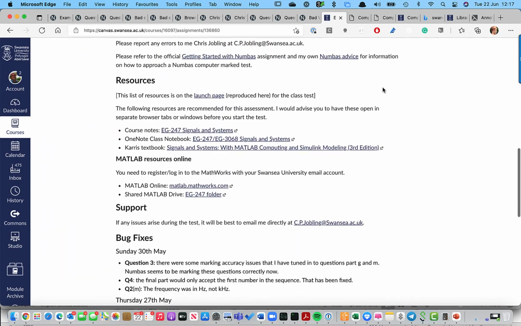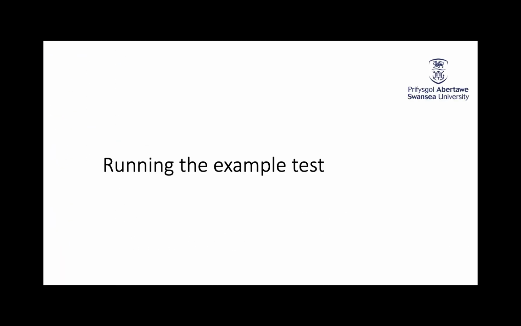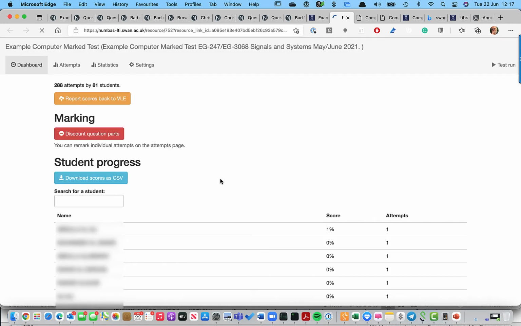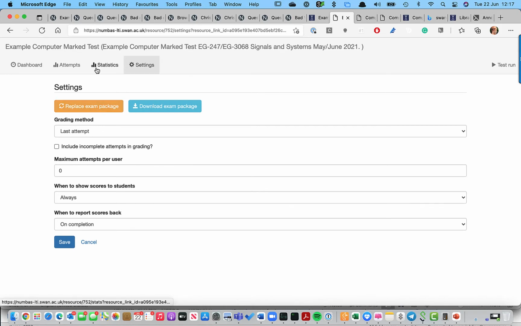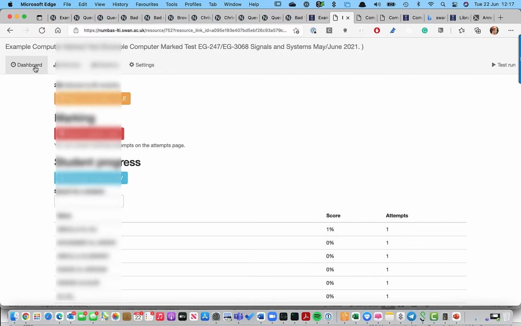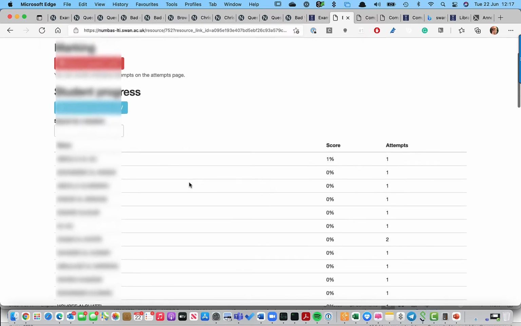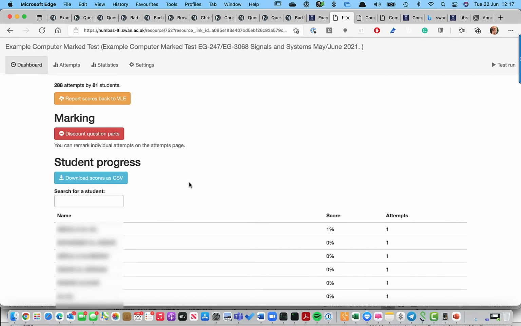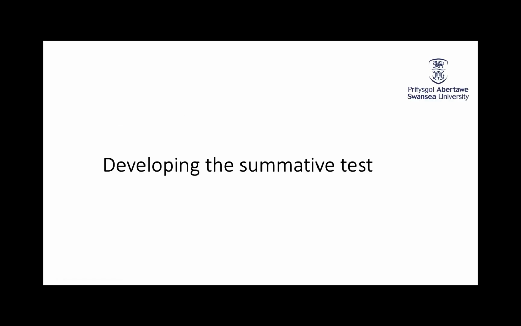One problem I had with the test was if I found a bug, it was difficult to rerun it. I then made the example test available to all students, and a number of students tried it, set up so that they can have multiple attempts and everything. The problem was that students didn't completely engage with it. Looking at the trials that people did, some did multiple attempts, but less than half of the students actually did it.